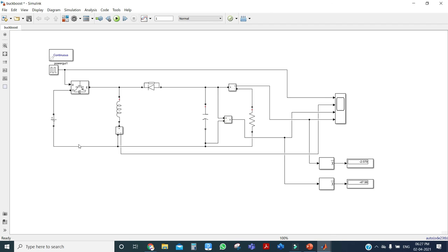So the buck boost converter can boost the voltage levels and it can buck the voltage levels, but it is inverting the polarity of the voltage. Okay, this is what it is about the buck boost converter. And finally, one thing I forgot to tell you is you can cross check this simulation result with the theoretical calculations.